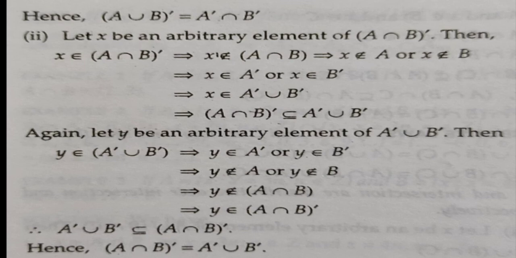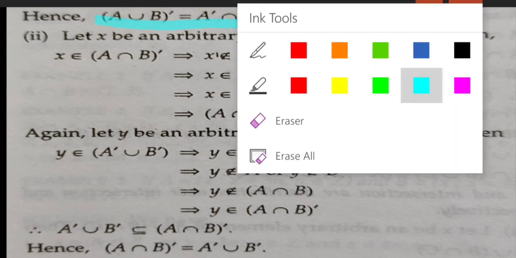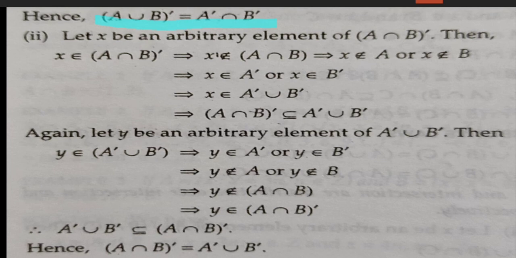Next, we move to the final slide of this lecture. Hence, the first one is (A union B) whole dash, which equals A dash intersection B dash. Next, the second one,